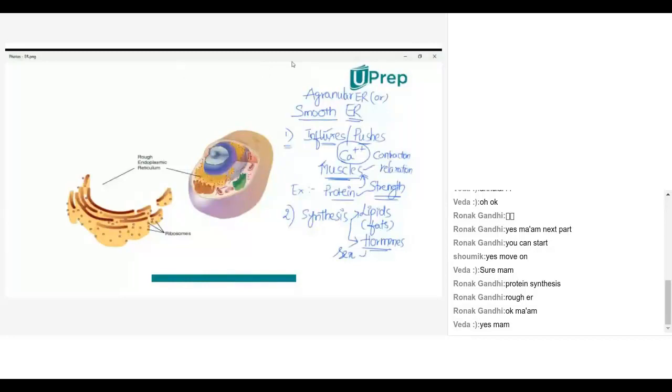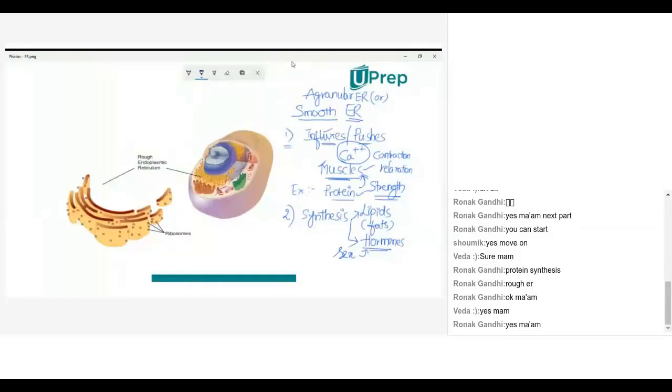So you might be familiar with the sex hormones called estrogen, progesterone and all. I mean, frequently in news now because of the drug case and Sushant Singh Rajput, NCB, all these things might be updated.